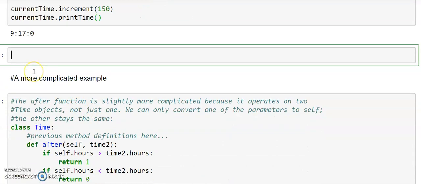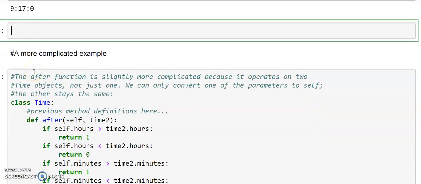This is how it works. And we will discuss a little more complicated example. What is the meaning of a little more complicated example here? Now we are passing two different times. In the first example we discussed one object, that is of time. In the second we discussed two: one is of time and the other one was an integer, or seconds, right? Now we are passing both as time.